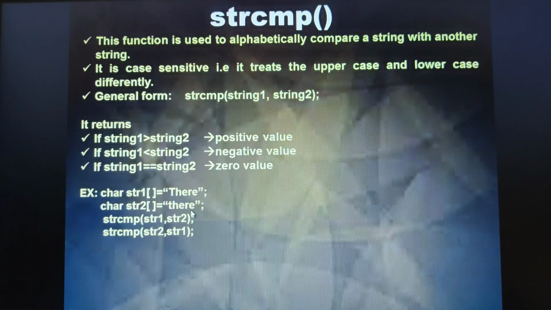The ASCII table chart you can see in data representation. Suppose string 1 is greater than string 2, how do they compare? What is the ASCII value of capital T? So alphabetically they will start comparing with each other. The ASCII value of capital T is 84 and the ASCII value of lowercase t is 116. That means 84 minus 116.